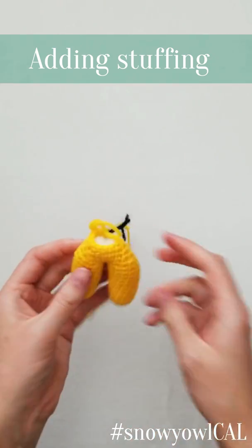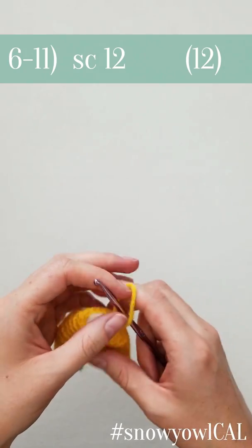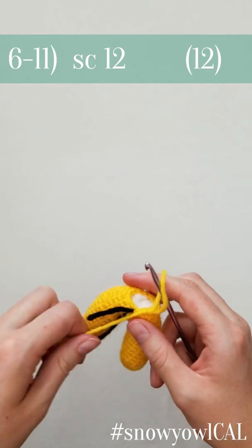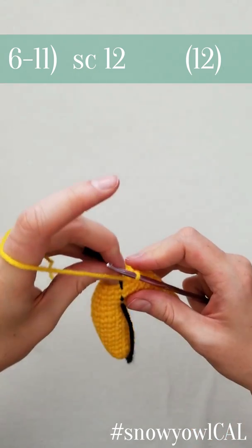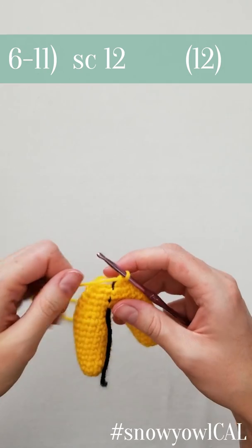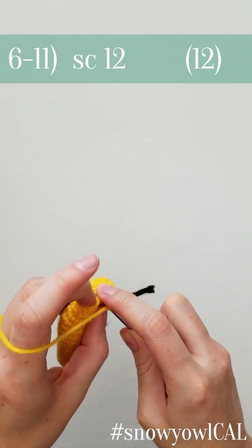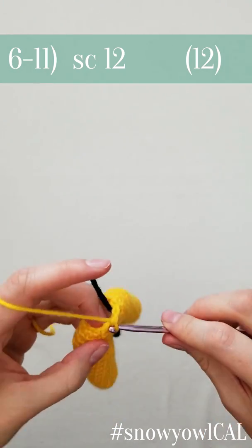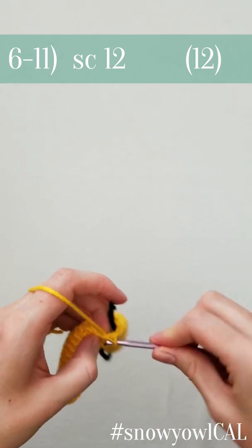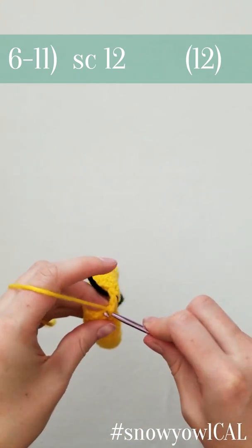That feels a little bit better. All right, now on to row 6. And actually, row 6 through 11 is going to be single crocheting 12 stitches into each of the stitches that we already have. So go ahead and do that, and we will pick up on row 12, which is the very last row